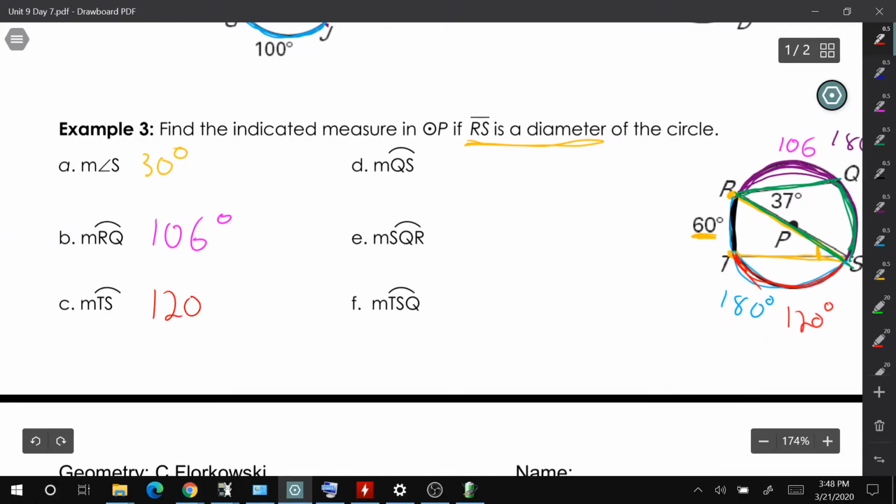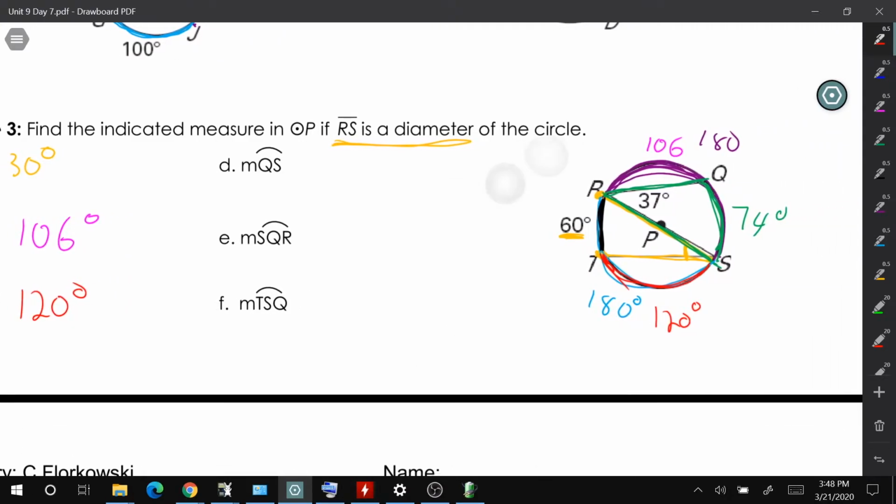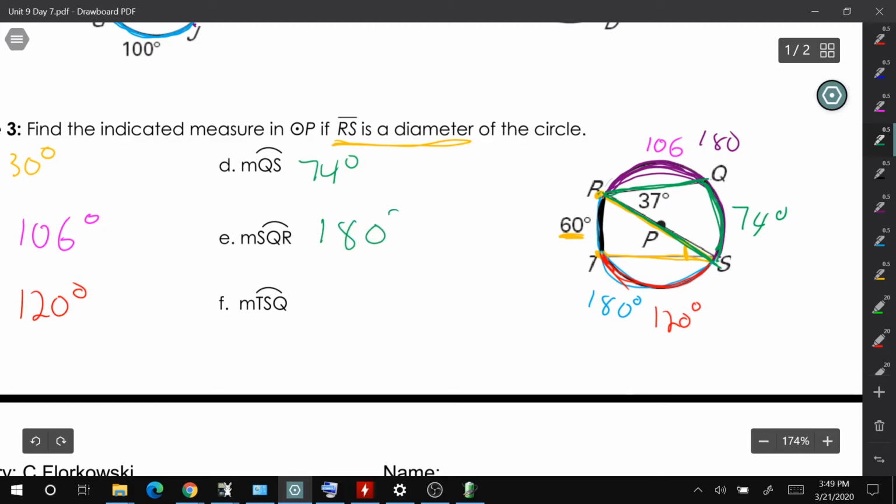So 120 degrees. And then the measure of arc QS, oh, we already have that. That's 74 degrees. The measure of arc SQR, well, that's half the circle, which is 180 degrees. And then finally, the measure of arc TSQ. So it's going to be 120 plus 74. So 120 plus 74 is 194